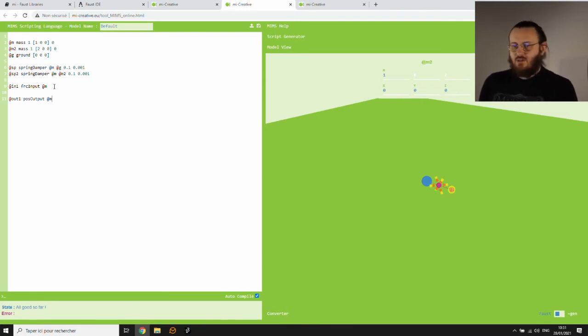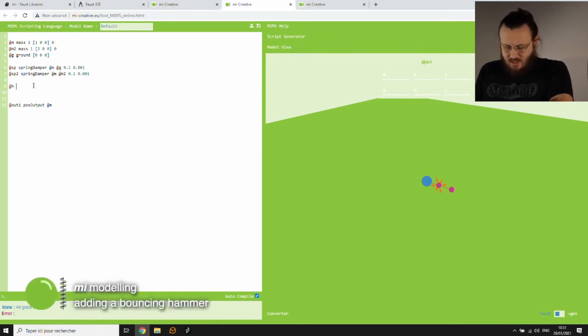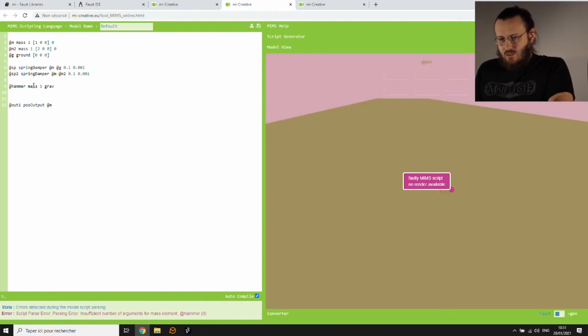The first thing I'm going to show you is how we can excite this model slightly differently than we had up till now. And we're going to do that first by removing this force input. And we're going to add a mass to the system. We're going to call this mass hammer. It's going to be a regular mass. We're going to make it a bit heavier than the others. And we're going to set a parameter that we're going to call gravity, and this is something that is important to know, is that you can say